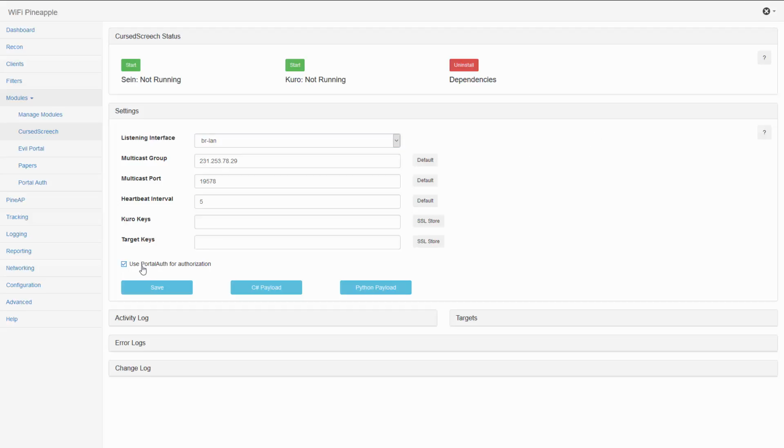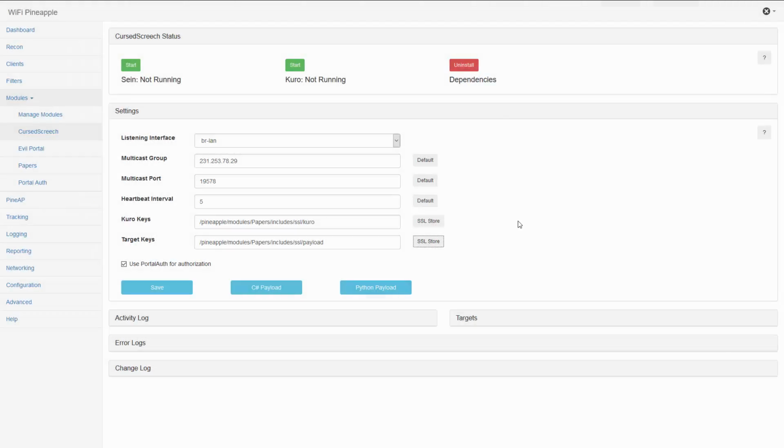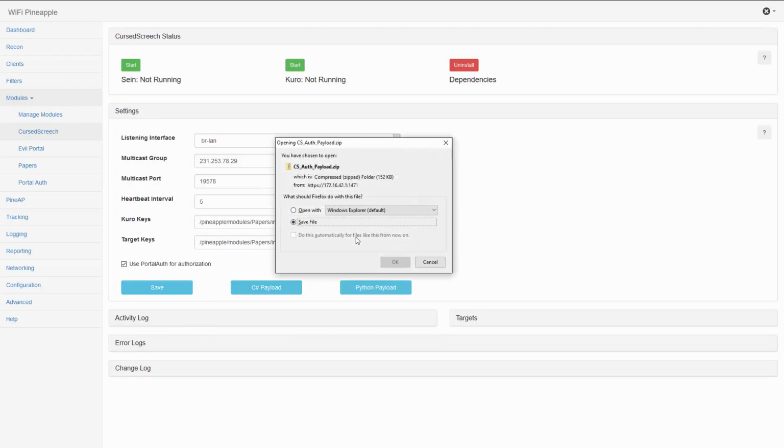So down here we also have a checkbox that says use Portal Auth for authorization, and what that does is it adds some code into the payload that forces the payload to interact with Portal Auth to authenticate, and I'll show you that a little bit later. But first we're going to select our keys, and it's very important that you click save, otherwise the code won't be updated in the payload. So we'll do that. We'll download the payload,